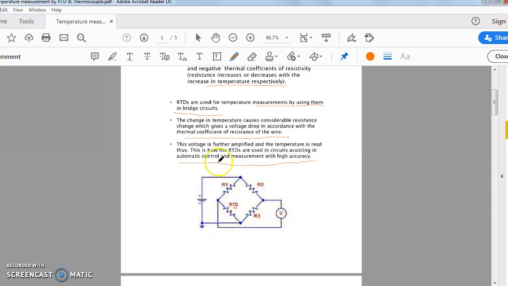So you see, when the circuit is completed and there is any change in temperature, there will be a change in resistance. Otherwise, if there is no change in resistance, then the bridge is absolutely stable, so there will be no particular display of resistance. That means when the temperature changes, the resistance also changes, the bridge becomes unstable, and then it will start operating as a Wheatstone bridge circuit.